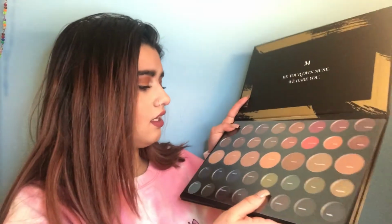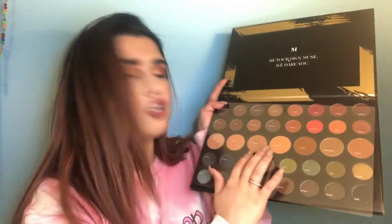So I did get into Define Me and Sunder. I did use these two, and they're very pigmented. I can swatch them for you. This purple is beautiful. That's just a matte. Look how. And the thing with mattes is that